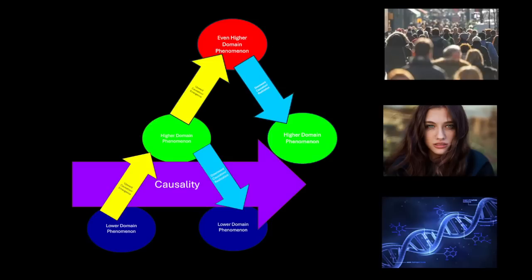And what I'm saying is that there are phenomena which are much simpler, but which have the same basic principle. So something that's composed of many parts can influence those individual parts. That's very clear in the case of a society influencing a person, but it might also be true in the case of a molecule influencing the atoms out of which it's made, or a molecule influencing the quarks and electrons out of which it's made. Those examples are less obvious, but they're basically the same thing.